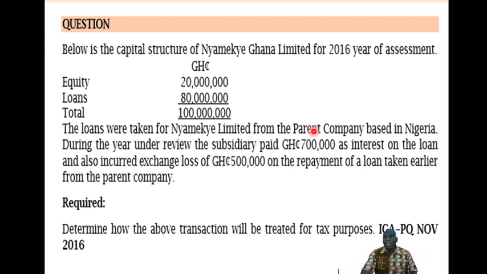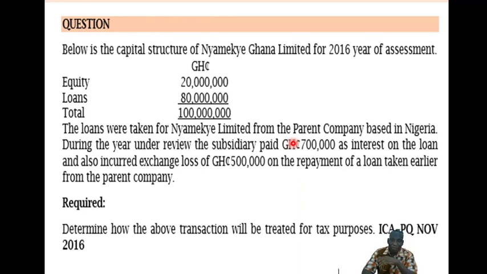Or you can say, if 4 is to 700,000, the excess will be 1, because if 4:1 and the cap is 3:1, the excess is 1. If, for example, the current cap is 8:1, then the excess will be 5, because 8 minus 3 is 5. You understand? That will give you the disallowed portion. So very simple. So in this case, I will say if 700,000 is equal to 4, therefore 1, then I'll calculate the disallowable portion.